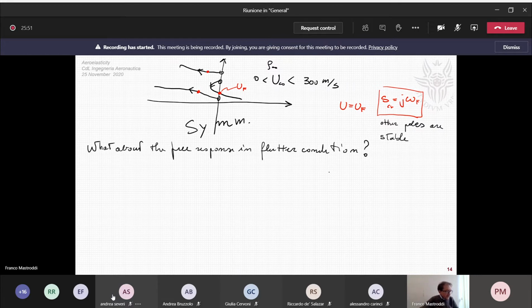The free response in flutter condition is typically indicated like this: here we have a motion in critical condition equal to x(t), and we have again a combination of the mode shapes of vibration, the structural mode shapes,